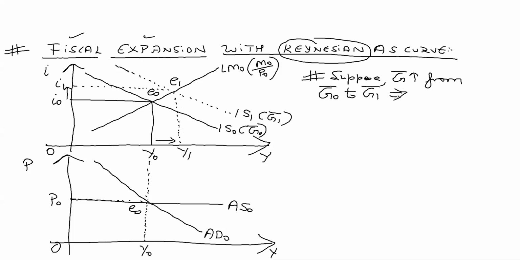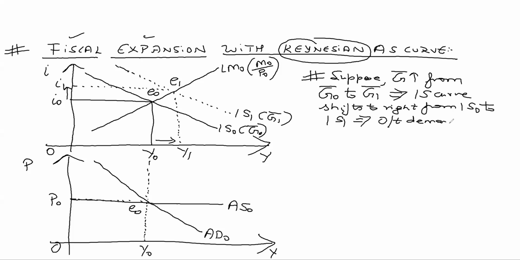So I can write, which implies IS curve shifts to the right from IS0 to IS1, which implies output demanded in the economy increases from Y0 to Y1,